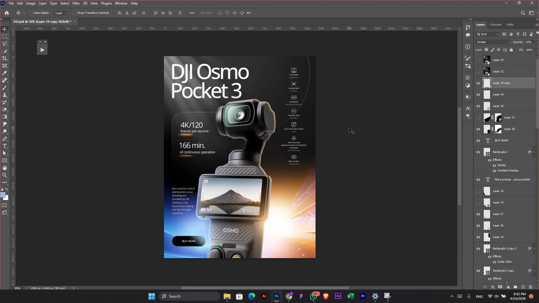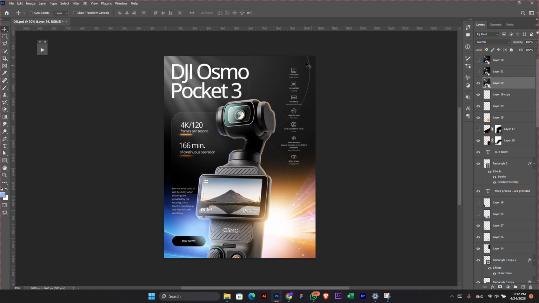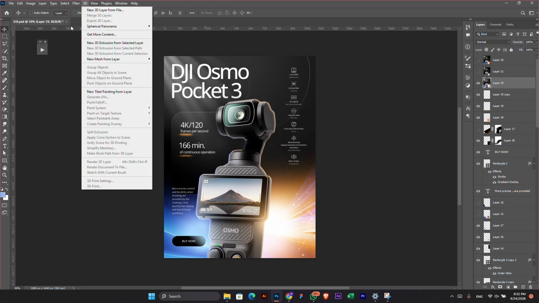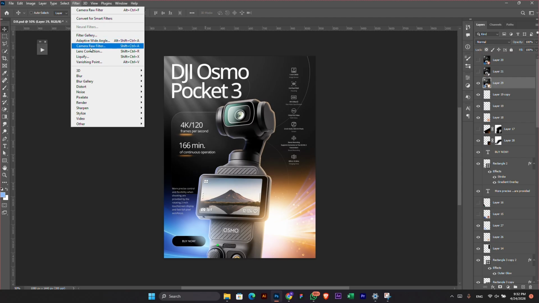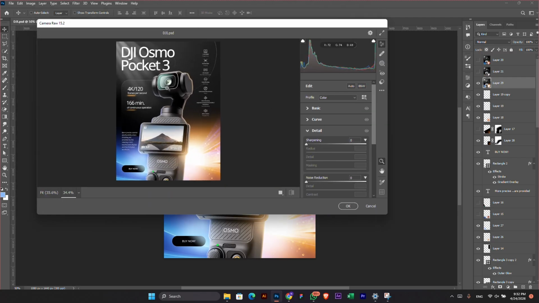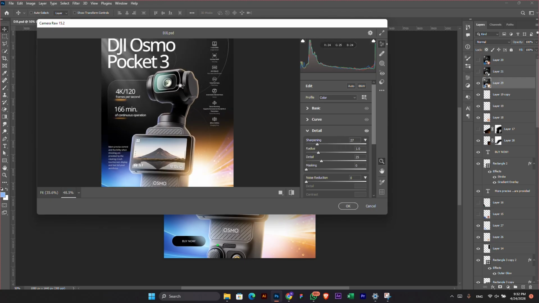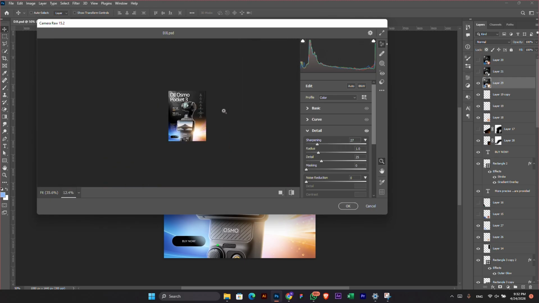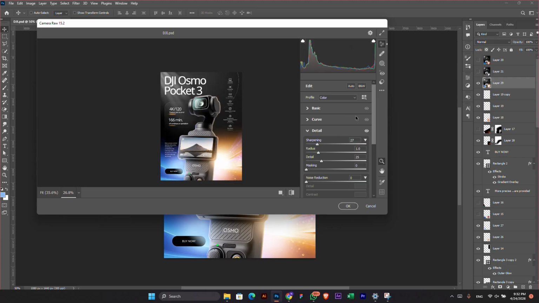The last thing that I do whenever I finish a design is take it into camera raw filter. So I'm just going to press Ctrl plus E, and then I'll come to filter. Then I'll come to camera raw filter, and what I do in camera raw filter here is just increase my sharpness a bit. So I'm just going to increase my sharpness and make sure that the design is actually very sharp right here. If I need to edit the colors, usually I come to the color mixer, pick the yellow